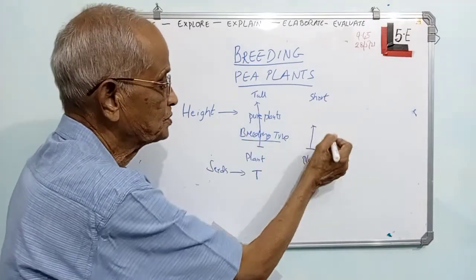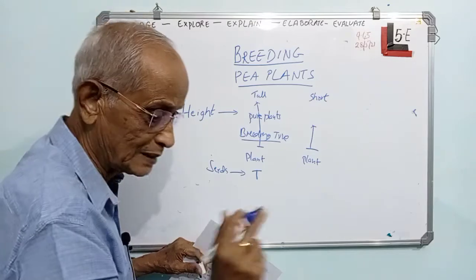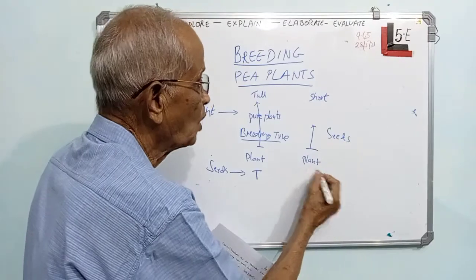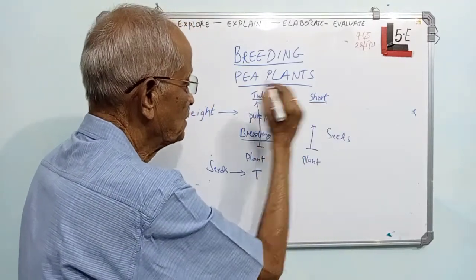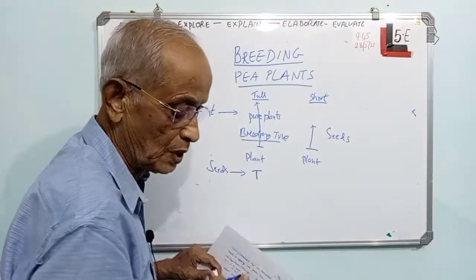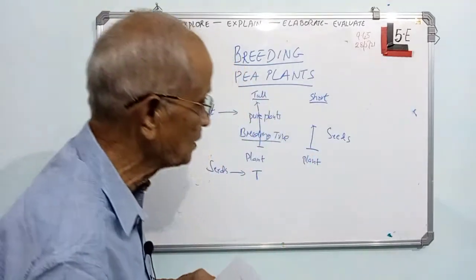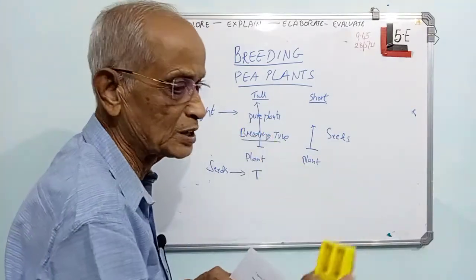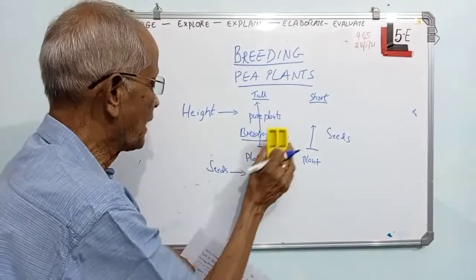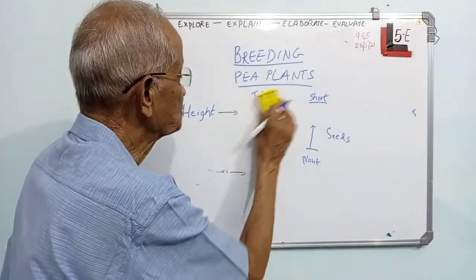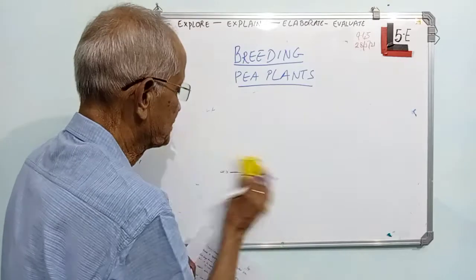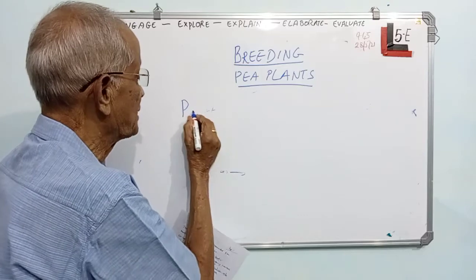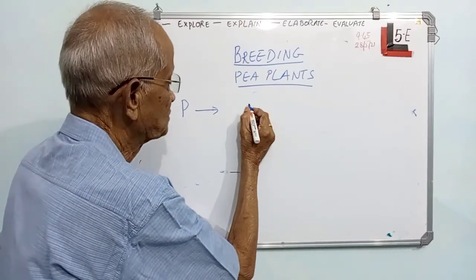And he took this generation of plants and collected the seeds. When you put these seeds in the soil, again these produce only short plants. So these were called pure type. See, his model study is very correct. Whenever he did an experiment, he was using pure plants only. Now let us say the same thing in a different way. Let's say the parents, he took the parental plant, we say P as the parent. Parent was tall.